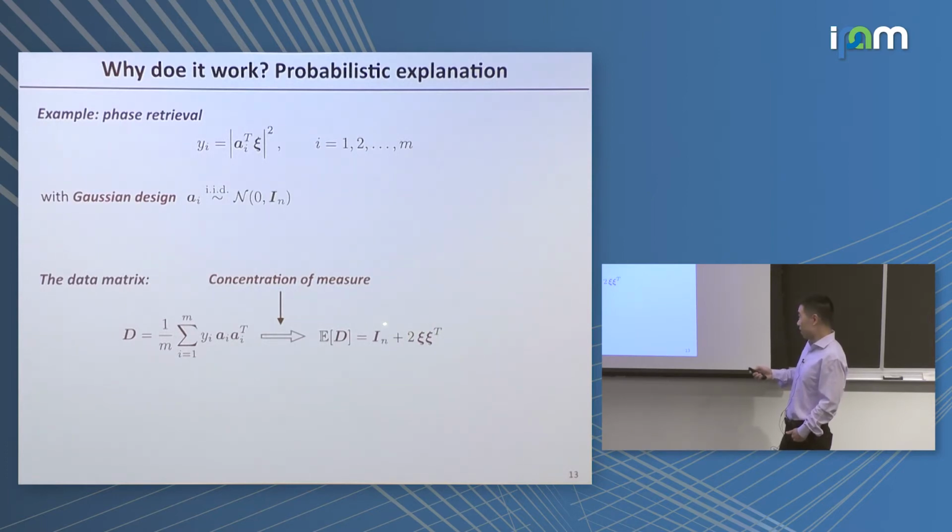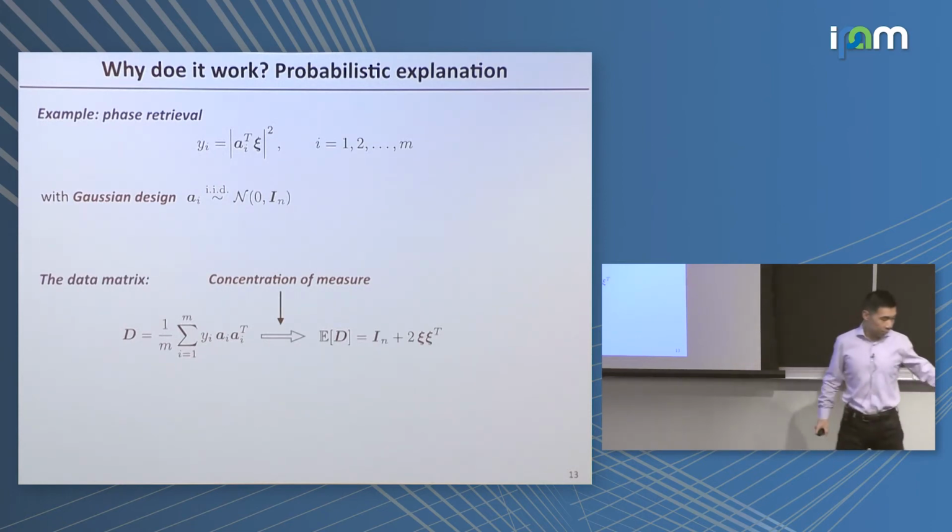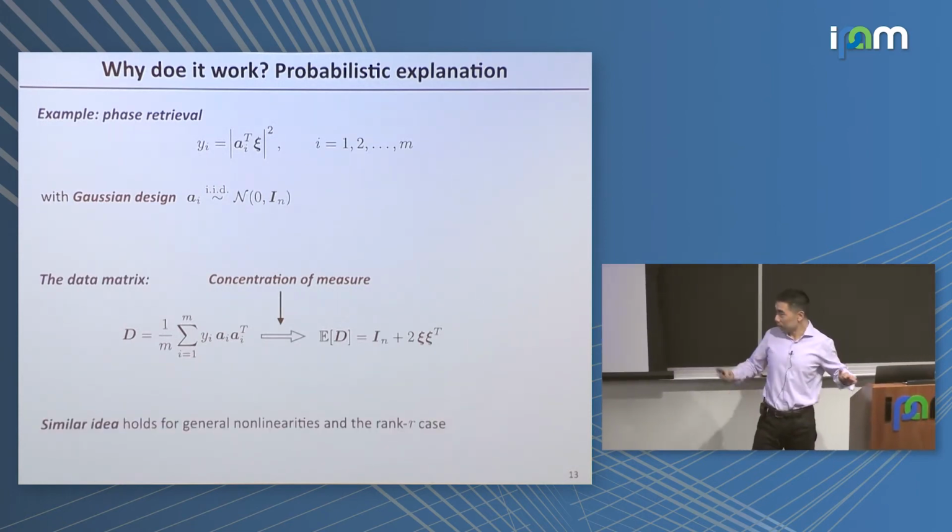I think in Lee's original paper, he used Stein's lemma, but if you use the rotational invariance property of the Gaussian ensemble, it is a much simpler derivation. You just shift Xi to the first coordinate, then it's a very straightforward calculation to get this. And the same idea applies not only to phase retrieval, it applies to other nonlinearities